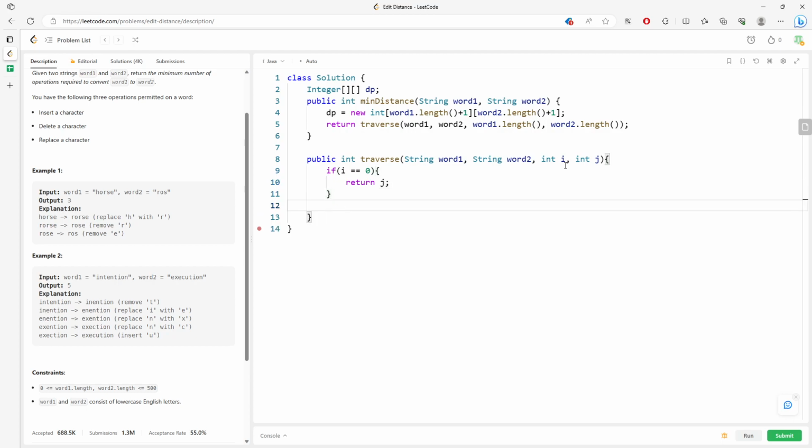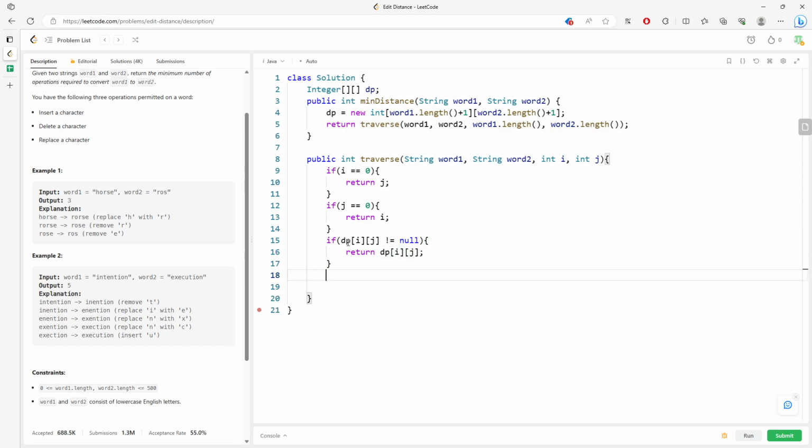So I will definitely know what the current position is, right? And then if j is equal to 0, then I will return i. Okay, cool. So I'm just keeping updating my current traverse position, and you can say recursion over here. So for every single time we need to find out the value that we have used. So I just say if dp[i][j] does not equal null, then I just return dp[i][j],